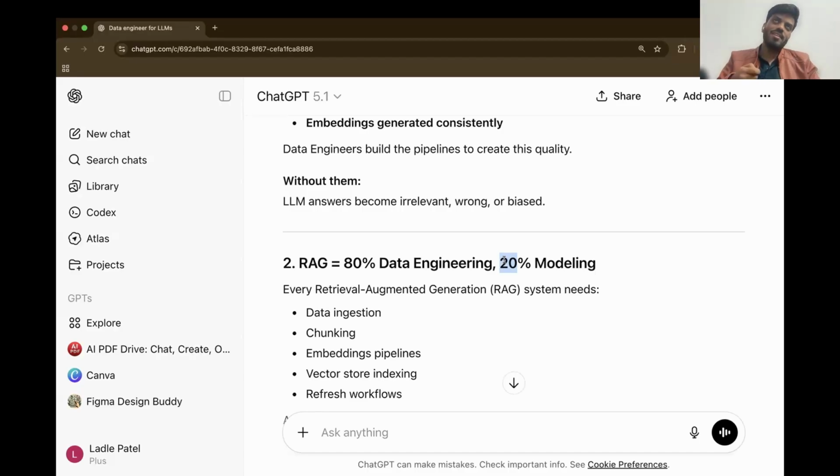We had delivered that 80 PDF POC in weeks, and now they wanted it at a production level. Even taking those 80 PDFs to a production system had lots of challenges: data ingestion, chunking, vector store.